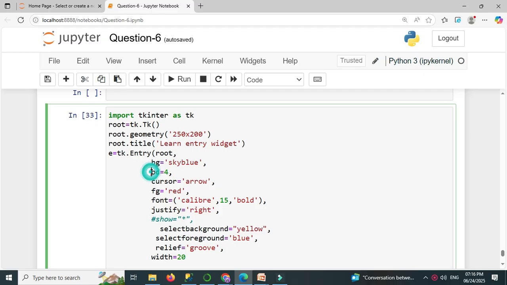That is, to create an entry widget, first we have imported Tkinter as tk, then we have created the root window, and we have set the root window geometry as 250 by 200, that is width and height for this root window, and we have created the entry widget with parent window root, background color as sky blue, border width as 4, cursor as arrow, foreground color as red, font as Calibri, justify as right,